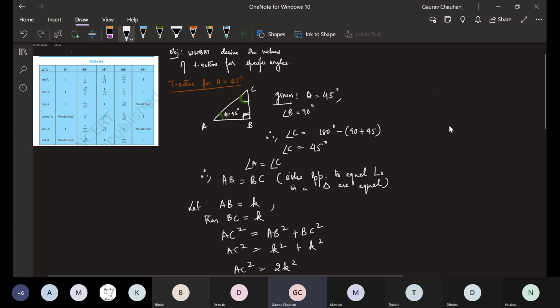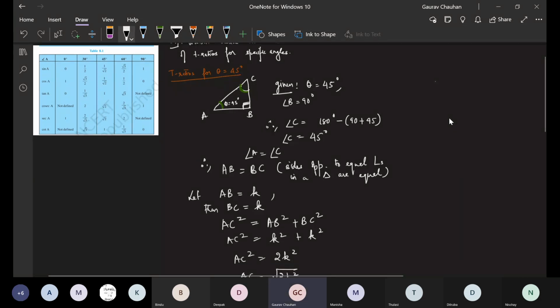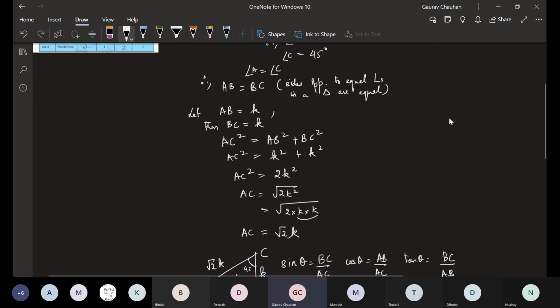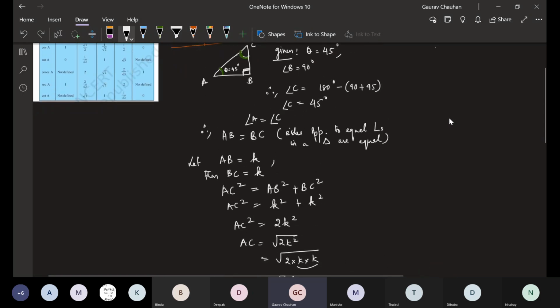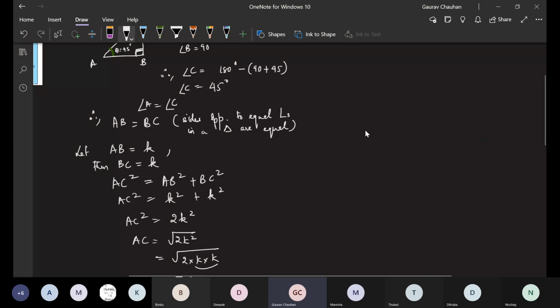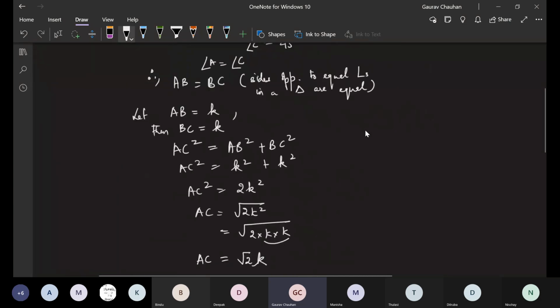Okay. First, I assume that theta is 45 degrees. From there, I figured that the triangle is an isosceles triangle. From there, I went on to write all three sides based on a single variable. Why I'm using this single variable, anyone wants to just quickly explain that, why I'm using K and I'm finding everything in terms of K?